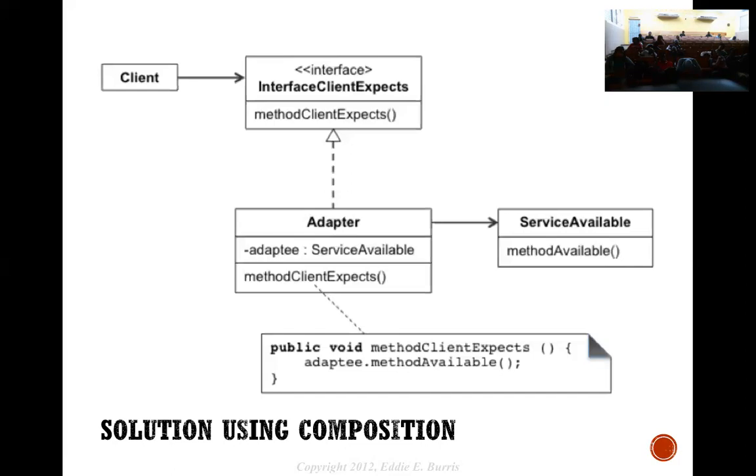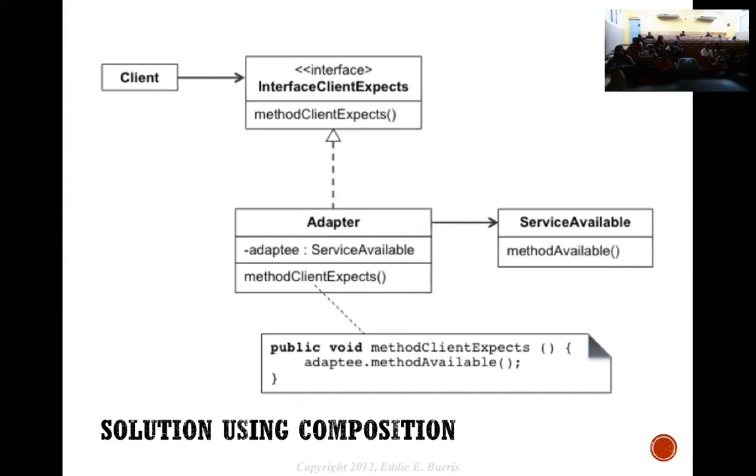And then we allow the available service. So it takes the available service that needs to be adapted as an attribute. So that is the adaptee, service available. Adaptee is of type service available. So now the adapter, which has the method that the client expects, takes this service, and then what we'll probably